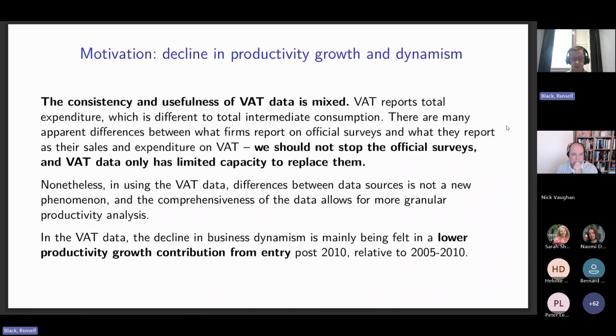Nonetheless, it's still worth me coming and showing you, and there are some novel findings here on how the UK's productivity growth is happening in different ways to how it used to be. We seem to have not as much productivity growth coming through from newly started firms as used to be the case, but existing continuing firms, they're growing stronger inside firms. So I'll get onto that as well at the end.